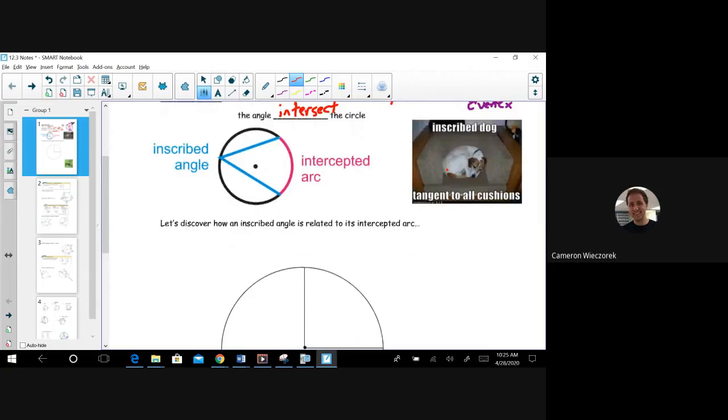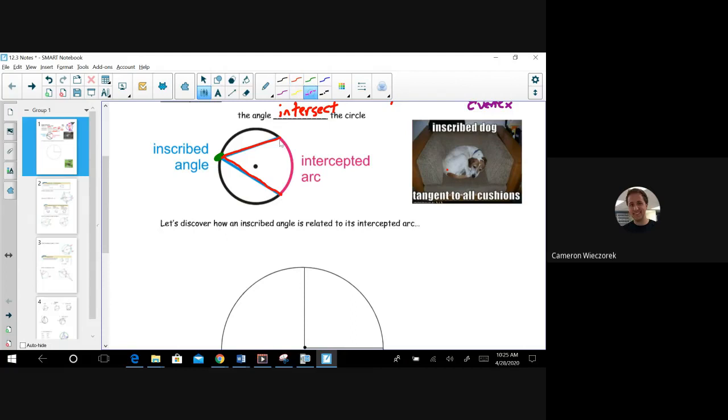Here's an inscribed angle. I can tell it's inscribed because the vertex is on the circle. There's my green vertex. If you trace out the chords, this is what I always do. I put my two pointer fingers right where the green dot's at, and then one finger runs along this chord. My other finger runs along this chord, and where they hit the circle, look at the arc that's made between